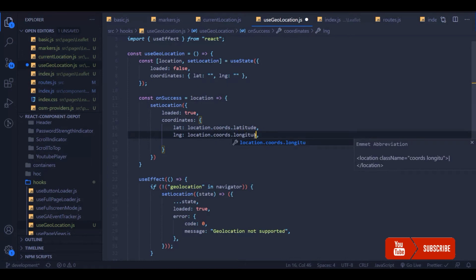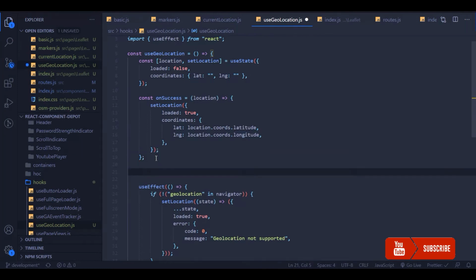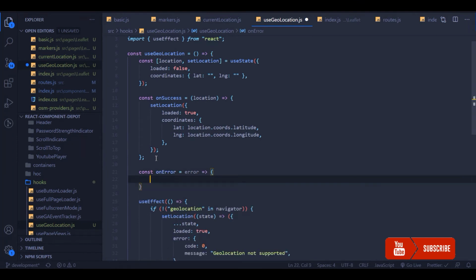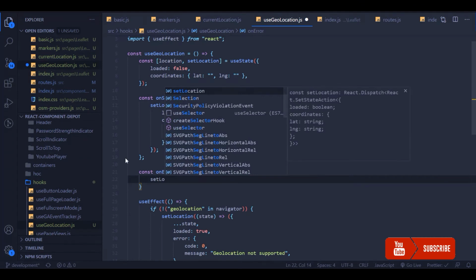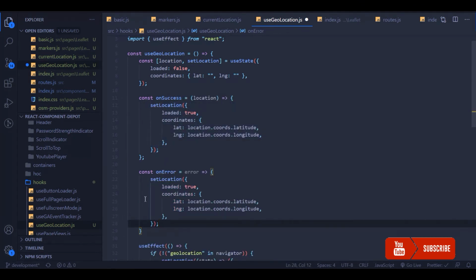Now we are going to write the error callback function, which will accept a parameter, the error. As I said earlier, it is an object with a code and a message. I'm going to copy the same setLocation and make loaded true. Instead of coordinates, I'm going to store the error. In my application, I will check whether it has the error attribute.